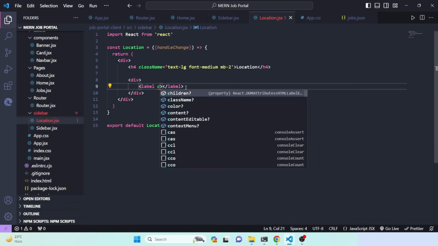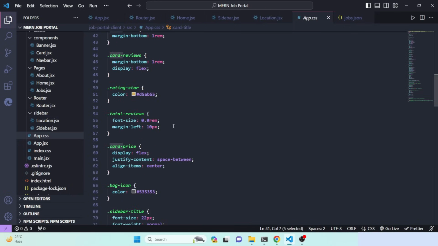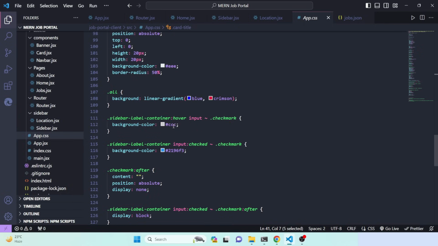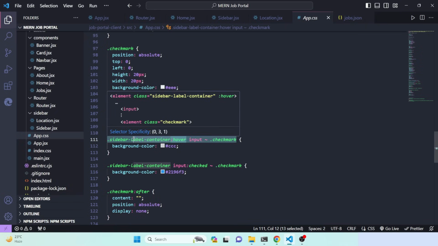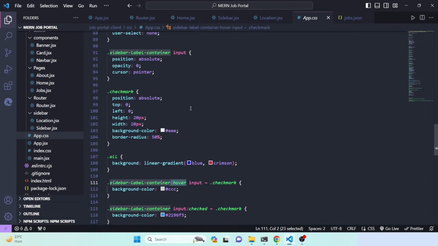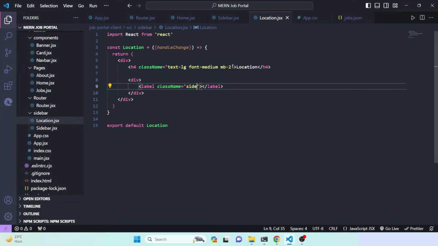We'll actually define className, and then it would be sidebar-label-container. You can just copy these classes from here, actually this div, you can just copy it and